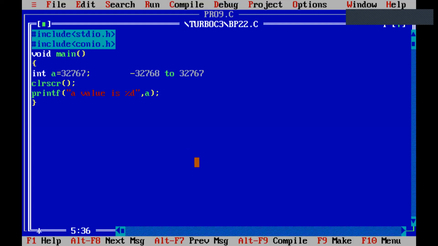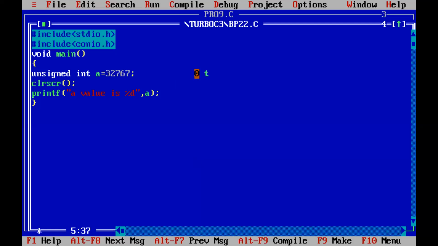Suppose I will take unsigned. See here, unsigned integer A. If you take unsigned integer, the range of unsigned integer is 0 to 65,535.